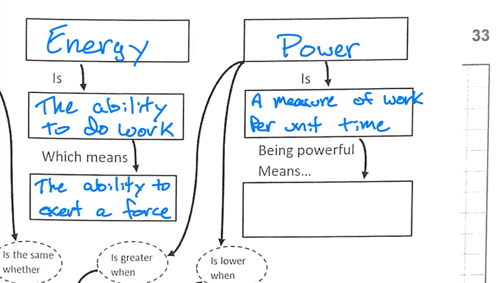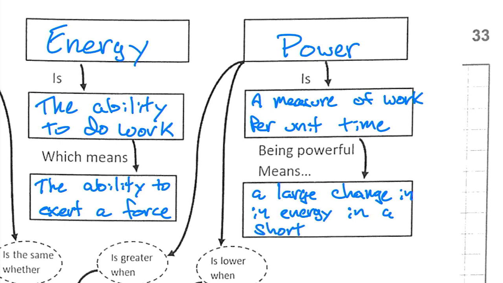Being powerful means that you have a large change in energy in a relatively short time. If you think about like 2 cars, one that you would think is more powerful than another, like a